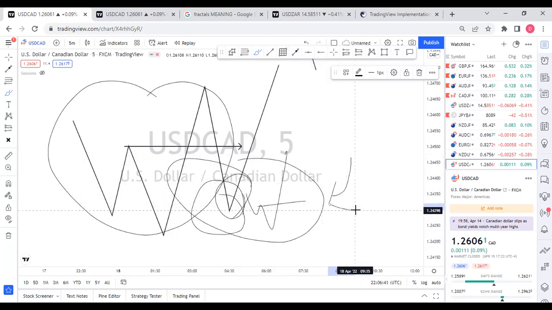All right, a reaccumulation. And then on the lower time frame, this is what we are looking out for: a reaccumulation on the lower time frame, a redistribution on the lower time frame at our point of interest. You can also look out for it on that same time frame, but it's best to use the lower time frame to reduce your risk and maximize your reward.